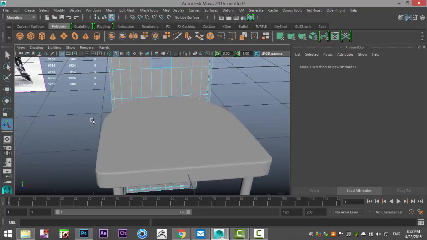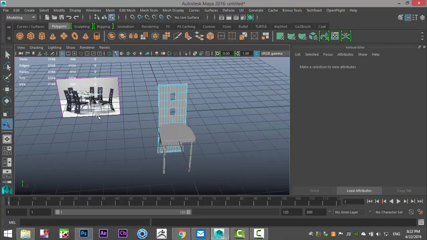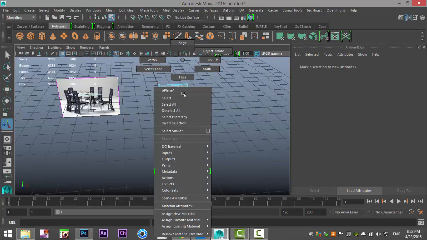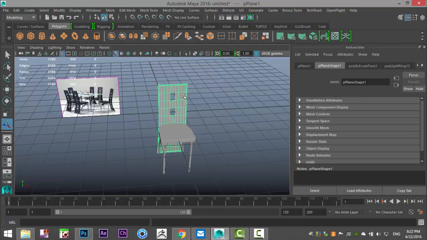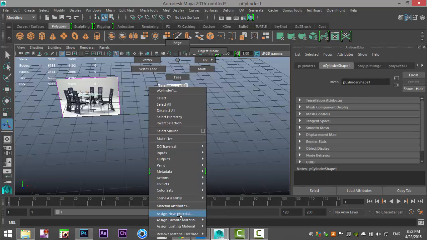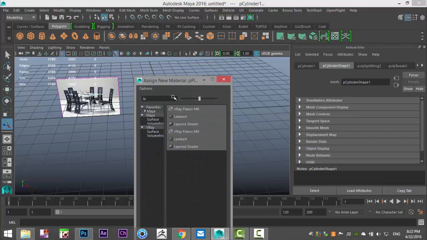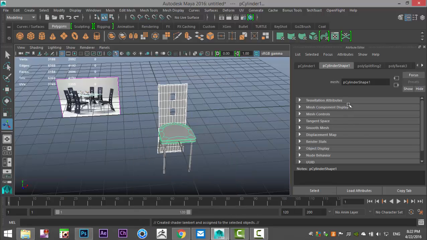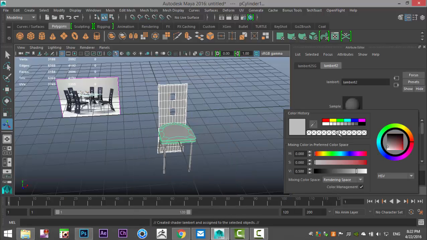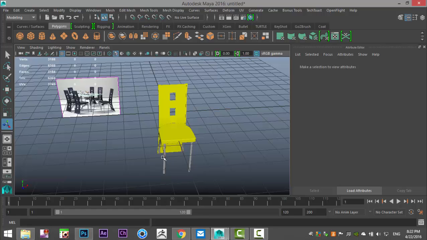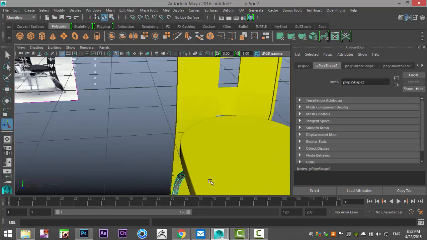I need to apply the materials, so I need to color code them. So I'll right click and go to object mode. This and this will do black leather. So I'm gonna right click, assign new material, and we'll do a Lambert and just give it a color. And it doesn't really matter. We'll do yellow. And then we'll take our frame